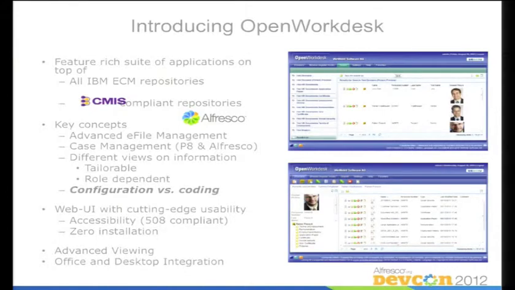And so just by way of explanation here, and you saw on my broader solution slide a few minutes ago, this OpenWorkdesk as a UI to Alfresco it is, and happy to talk about it. It's a fantastic role-based case management tool that works really, really well with Alfresco and other repositories. We're rolling it out with a number of customers. In the slides this morning, you saw one of our customers up there as well that's using this tool as a case management utility for their legal organization, for example. It's a pretty powerful additional user interface beyond what Alfresco Share offers.